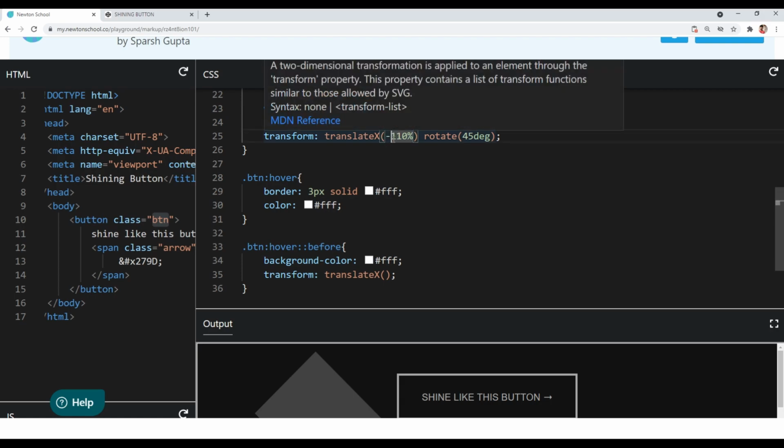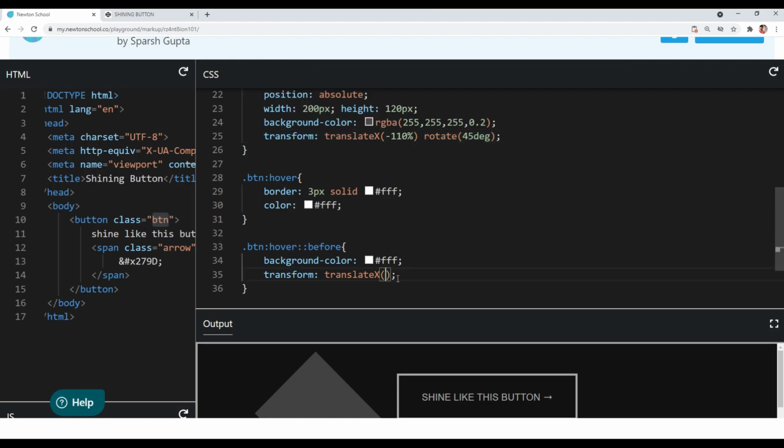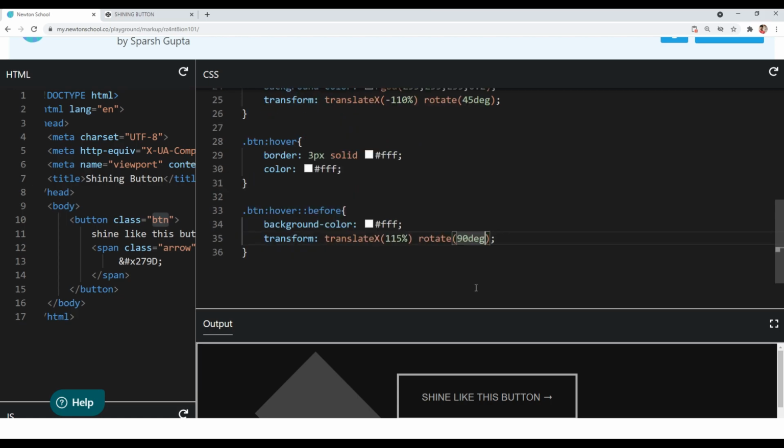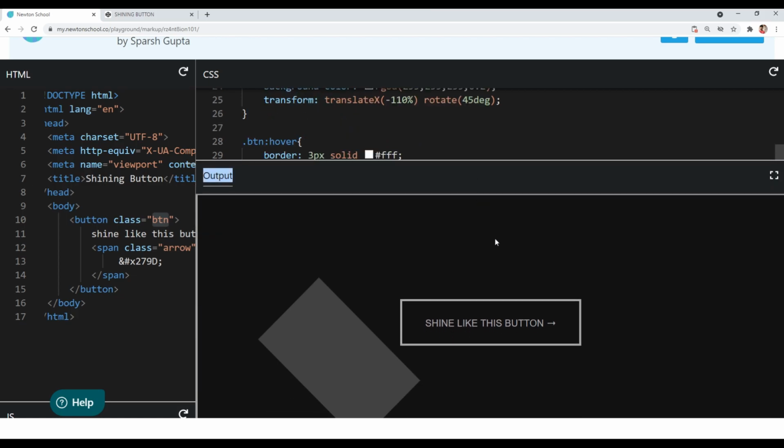Now we want to move it to the right, so we will use a positive value, and I want to move it to the right by 115%, and also I want to rotate it more, and I will rotate it by 90 degree. Okay, on hover I want to rotate it by 90 degree, and I will move it from left to right using the translate X.